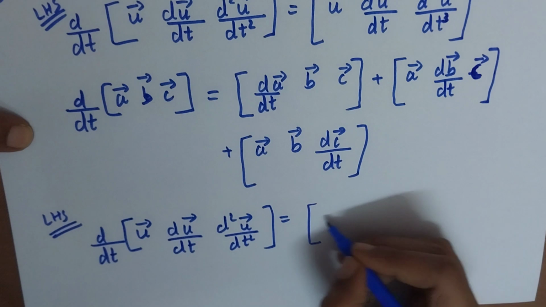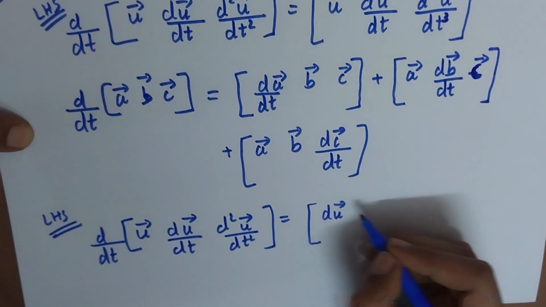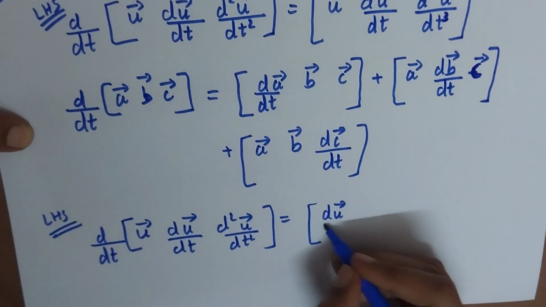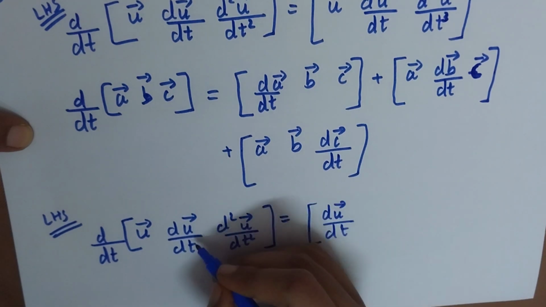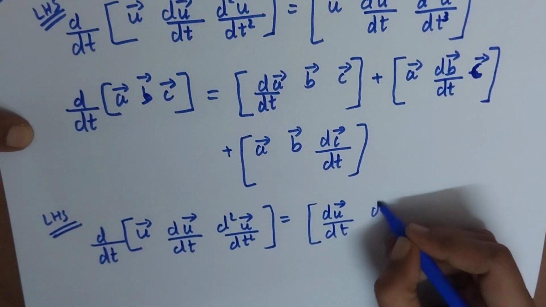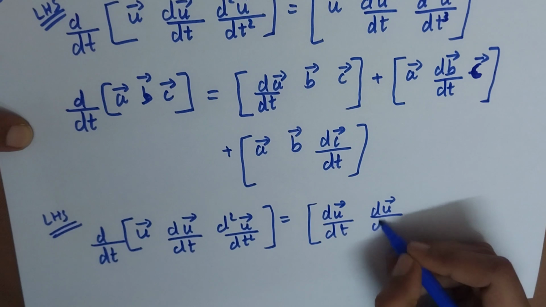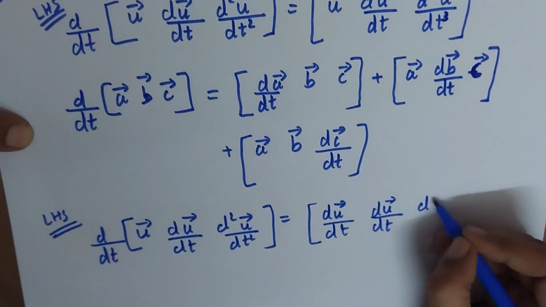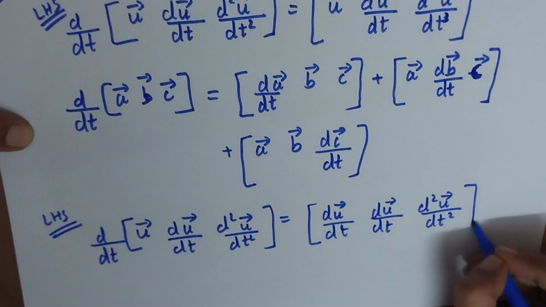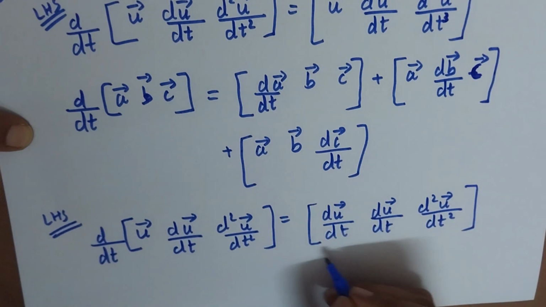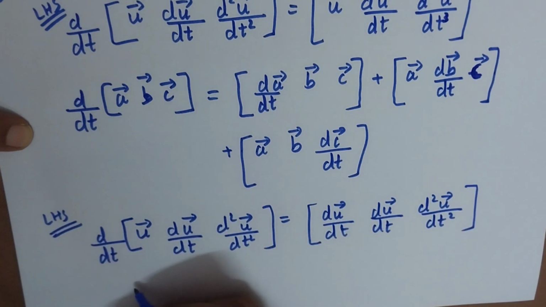According to this formula, it is the box product [du/dt, du/dt, d²u/dt²]. Keep these two vectors as such. Next I will write it here since there is no space, plus